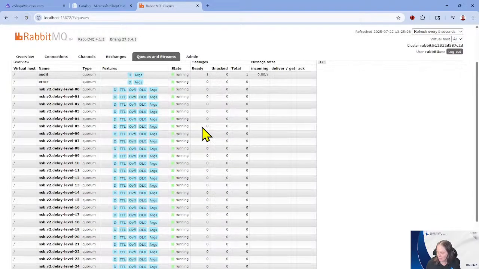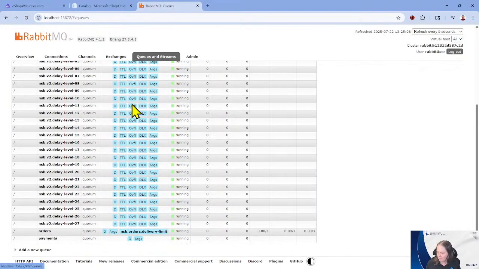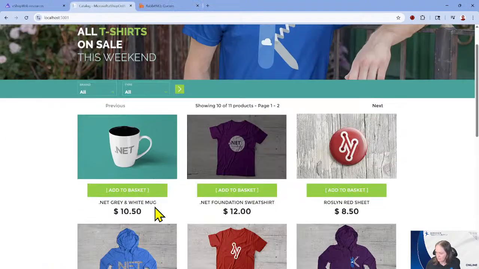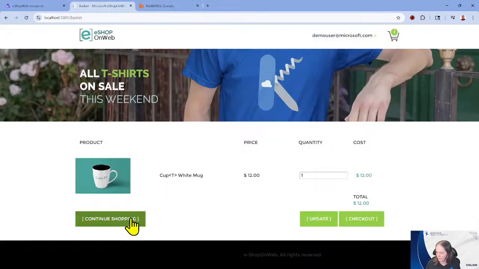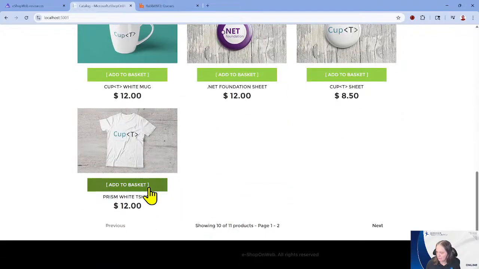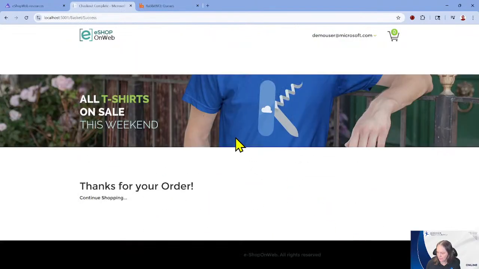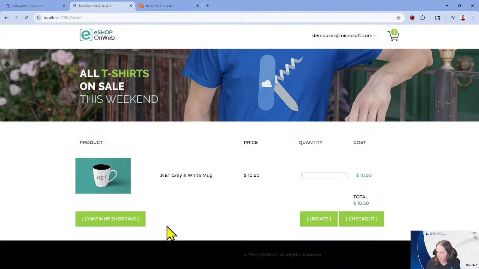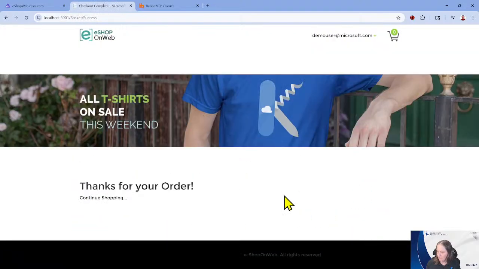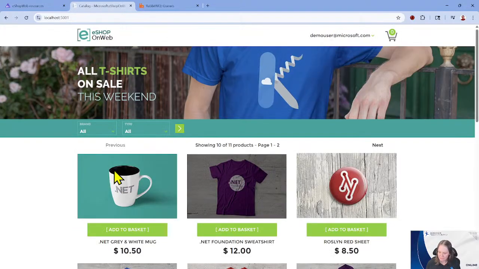There we go. There's an audit. Shopping some more. Our cup of tea. Third cup of tea. Check out. One more point. It's being set up as quorum. Sometimes it picks up nicely, sometimes it doesn't.